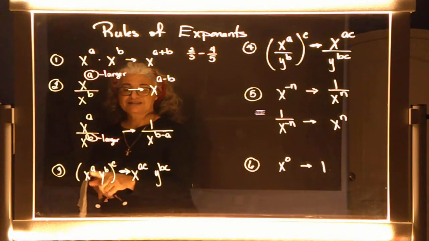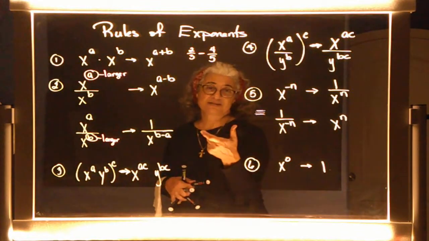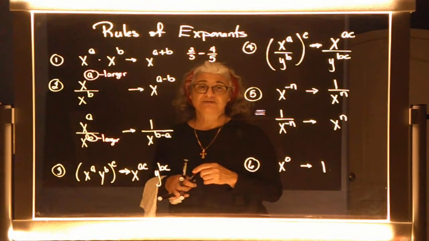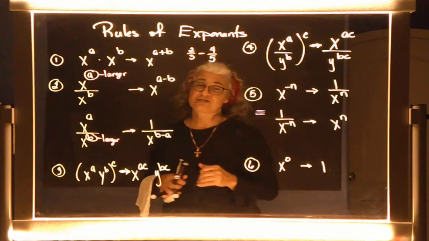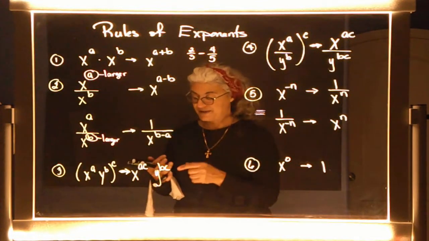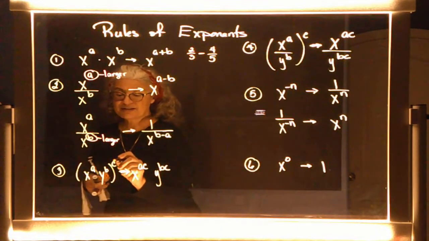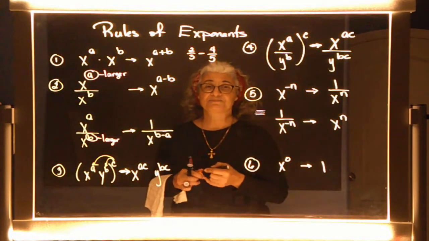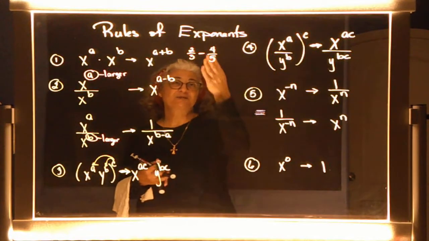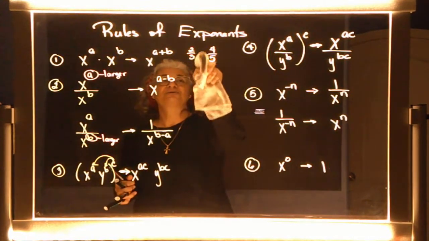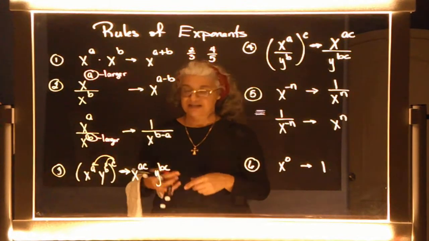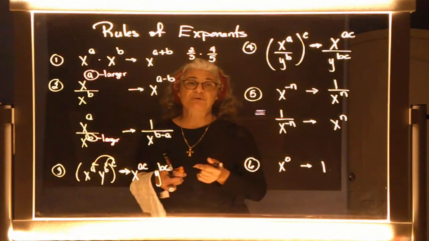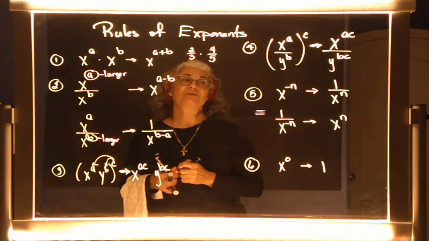Look at number 3. I have got x to the a times y to the b in parentheses. And outside this parentheses is another exponent called c. Remember, any number outside the parentheses you get to distribute. Agreed? But in this case, you can only distribute an exponent to another exponent, which is why the result looks like this. But what happens if those exponents are fractions? How do you multiply fractions? Yeah, no common denominator needed. You multiply straight across, reduce when you can. Right? Okay, number 4